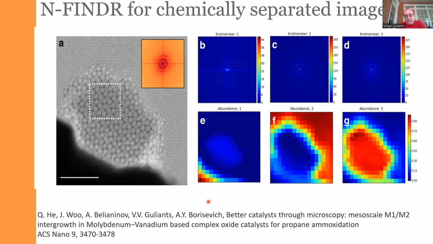Well, I've shown you in the beginning the example of the molybdenum vanadium oxide with a complex structure. So let's just apply this method for this image and see whether it works or not. And as you can see, this is the image. This is the Fourier transform of the image. It is very beautiful, but it is maybe not very revealing. And this is what happens if we take the image and take the sliding window of this size,